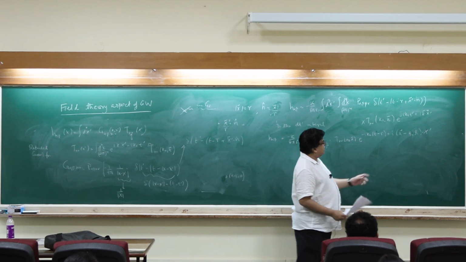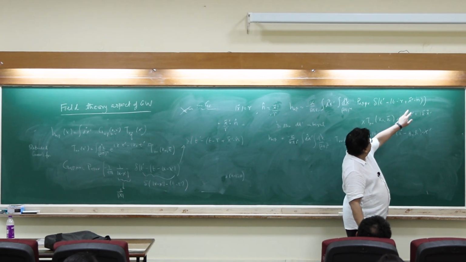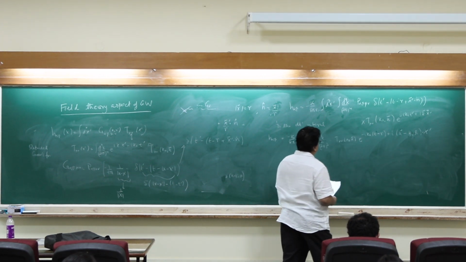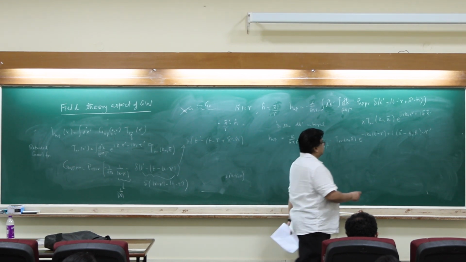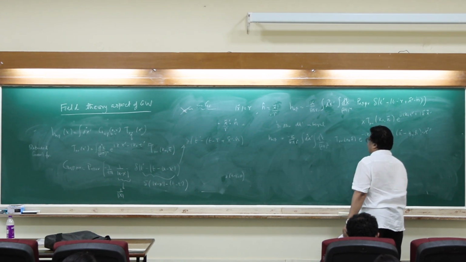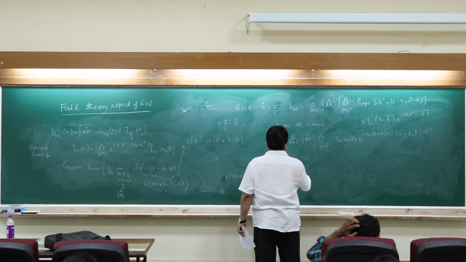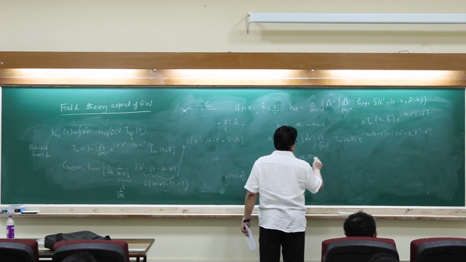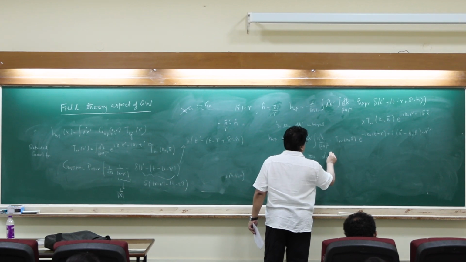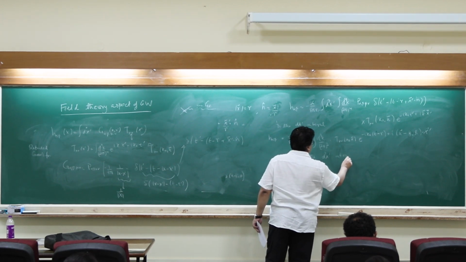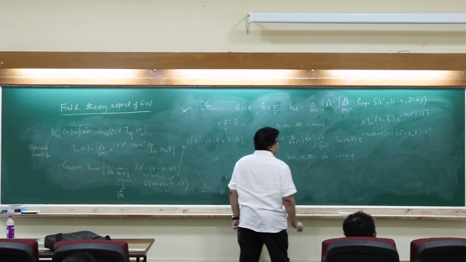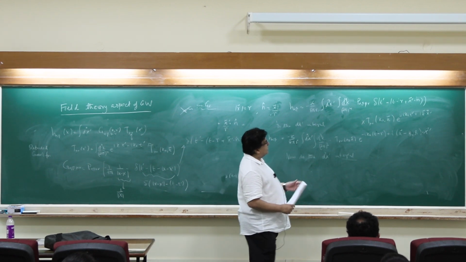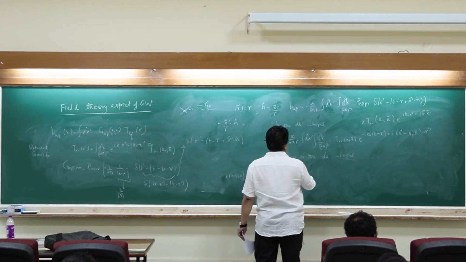So I got this k naught dot x term from the t integral. There x is. And now do the, so then that factor just gives me